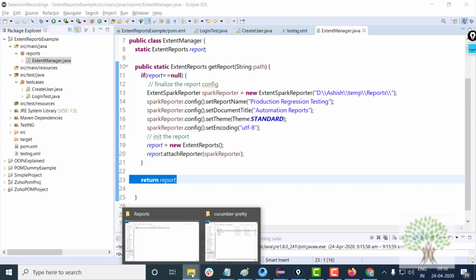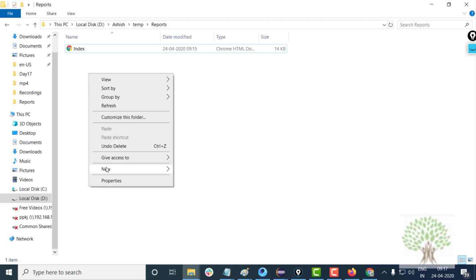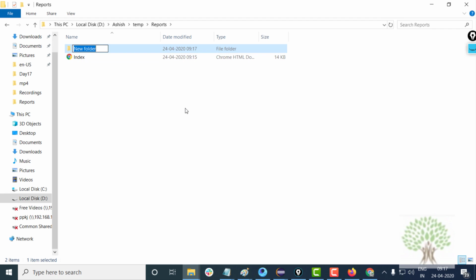Okay, right. Now moving ahead, every time you run the project, the older reports are actually lost, and the new report index.html takes place of the older report. Every time you run, this is going to happen. You are going to lose the old report, and we don't want that. We want that every time a new report should be generated.